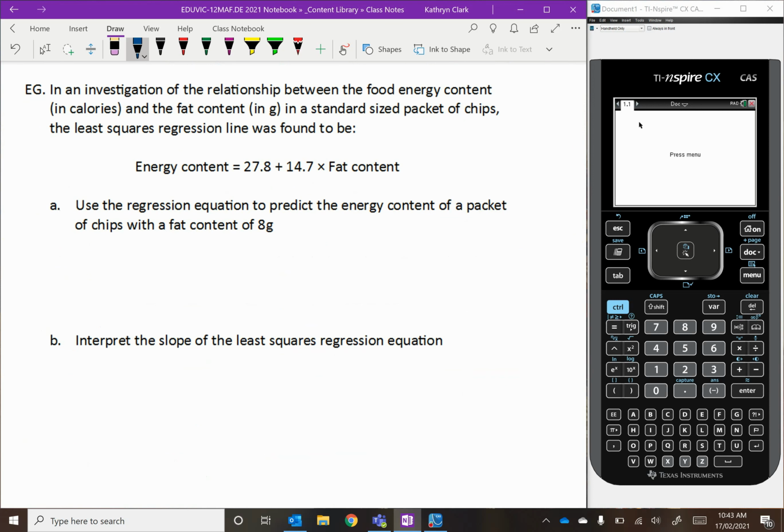So in this example, we've got an investigation that relates food energy content to fat content in chip sizes, and we've got a least squares regression line. And we're using the least squares regression line to predict the energy when it's got a fat content of 8 grams. So energy,